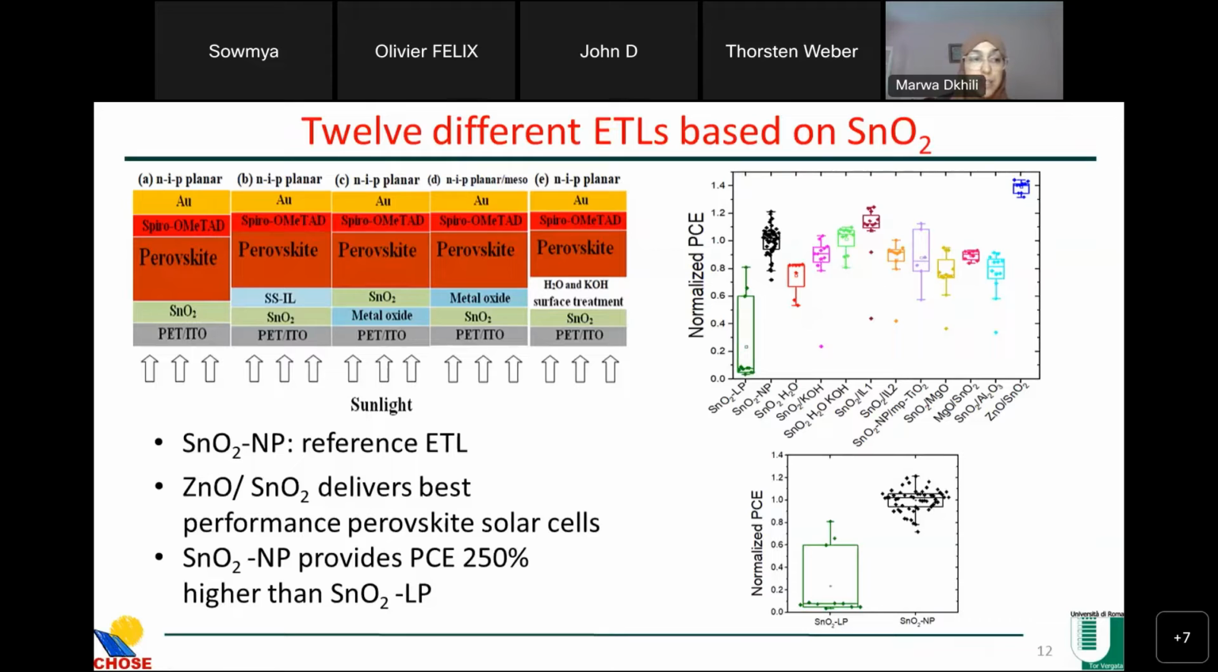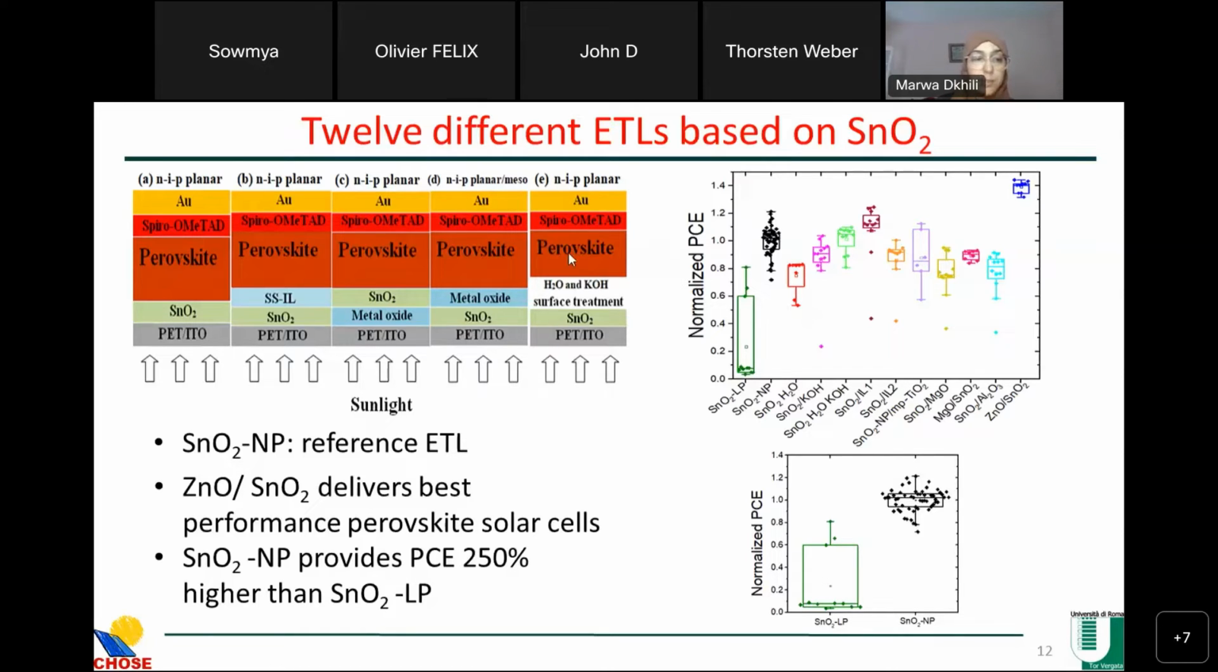consisted of bilayers with a second metal oxide. Here they are zinc oxide and magnesium oxide. They are deposited below the tin oxide ETL. In contrast, in the fourth configuration, the metal oxide, which is magnesium oxide, aluminum oxide, or the mesoporous titanium oxide, was deposited over the tin oxide layer. In the last configuration, the tin oxide was subjected to 3 types of interface treatment using water and